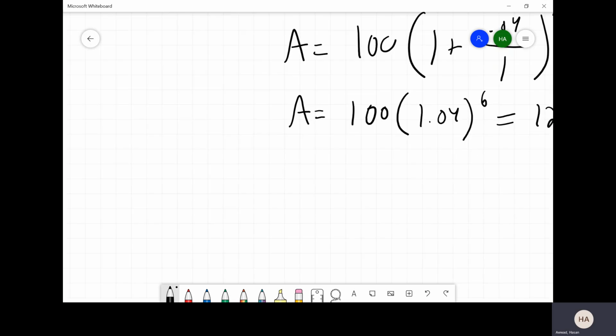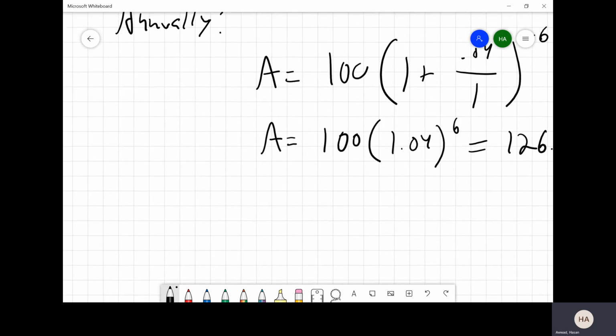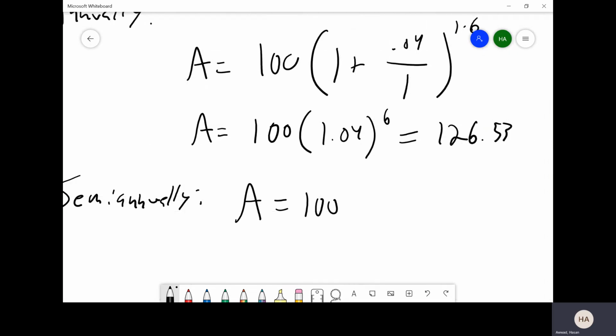Okay, so let's go ahead and do these together. I'm actually not going to erase this because I want to keep this as a point of reference. So let's do semi-annually together now. So semi-annually, what does this come out to be? Again, we start with our formula. A is equal to our initial amount, which is still 100, and it's always going to be 100 in all of these cases. You're always going to be having 1 plus 0.04 on top, but this time our denominator is